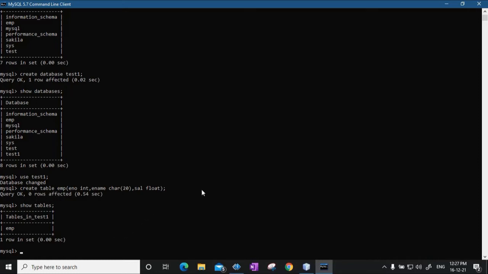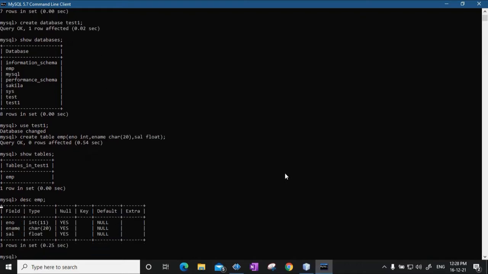If you want to see the description of the table we have just created, you can say DESC, that is for description, and give the table name and semicolon. So this is the table that is created for us. This table has three fields: employee number, data type integer; employee name, data type character; and salary, data type float.